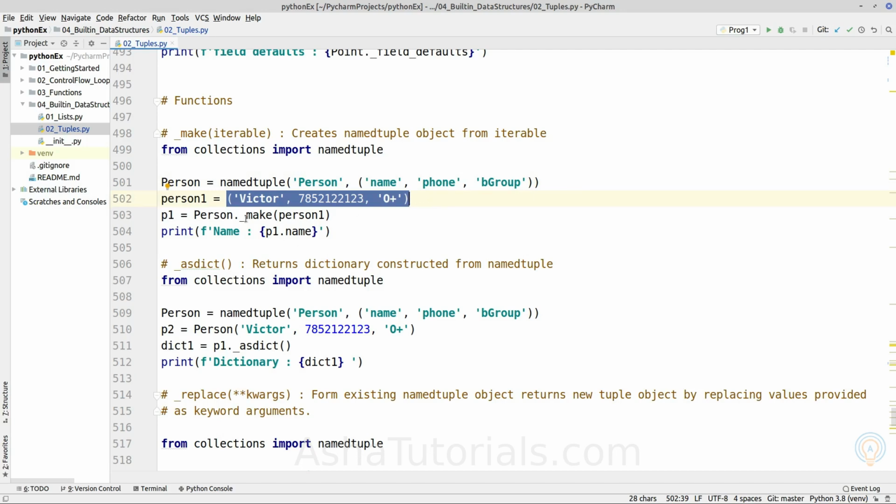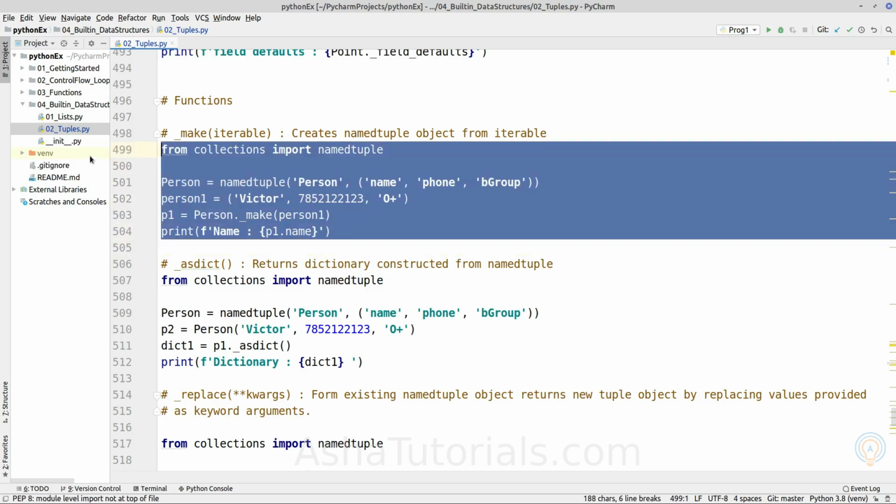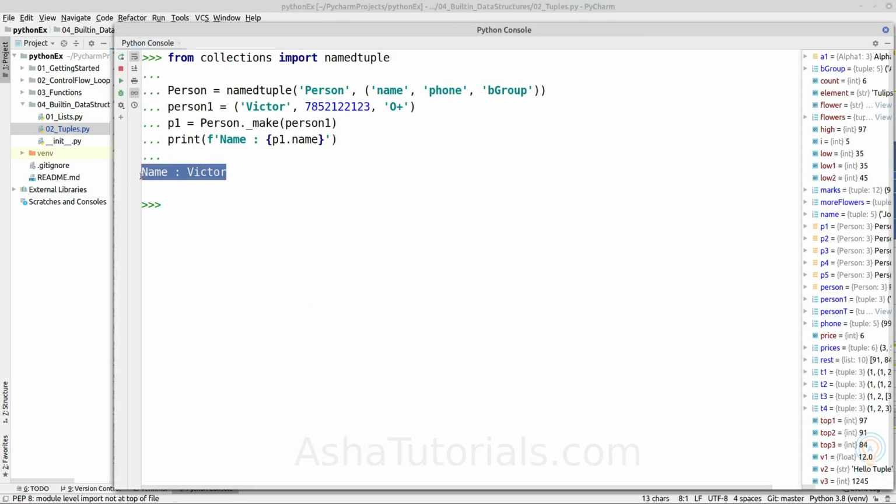So we can pass it inside the _make function. Person._make will construct a namedtuple object of the Person class with the given values. If we print name, it should print Victor, as you can see. This way we can convert a tuple object to a namedtuple object.